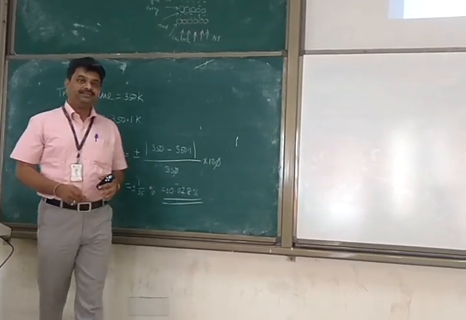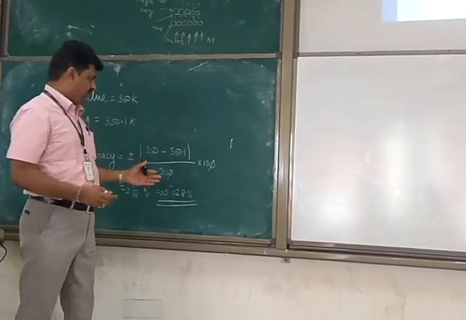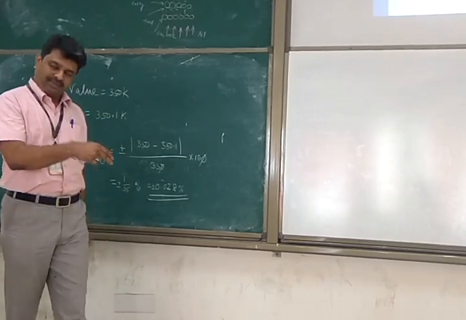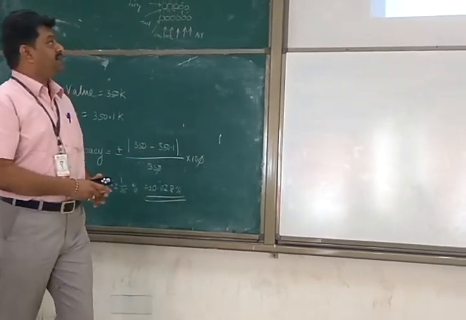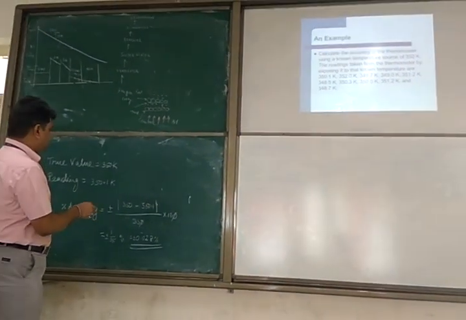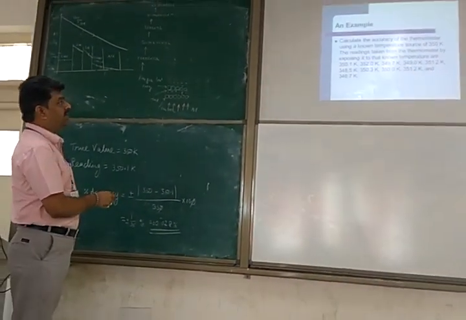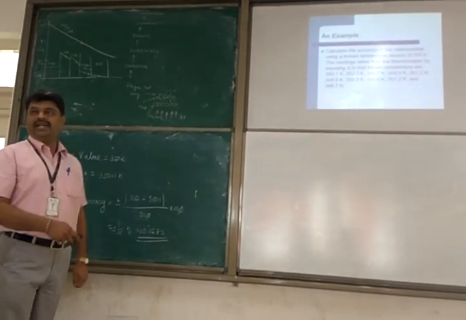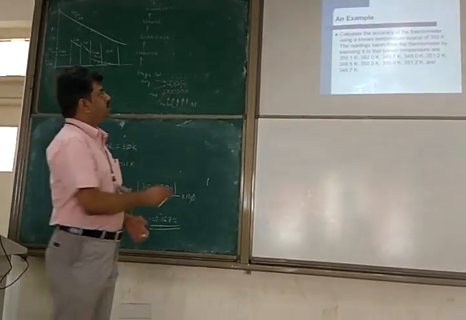That is the maximum error. Of course, we have not gone to the maximum part of it. First I will stress maximum, probably then I will come to the interpretation of the result or the presentation of the result. Okay, fine. I take the first reading 350.1 Kelvin and then computed the accuracy that happens to be 0.028%. Okay, fine. So I have to compute